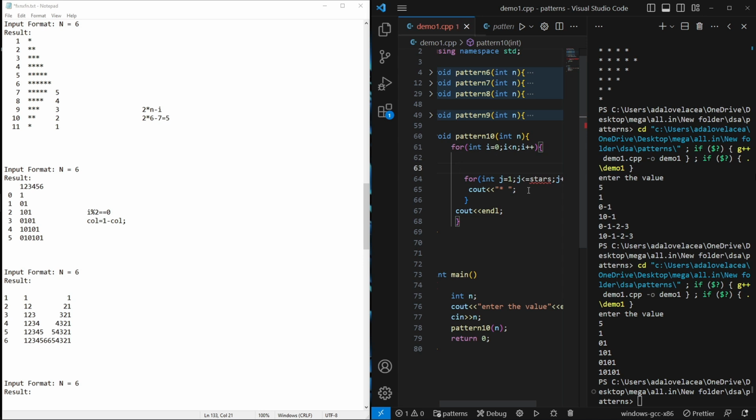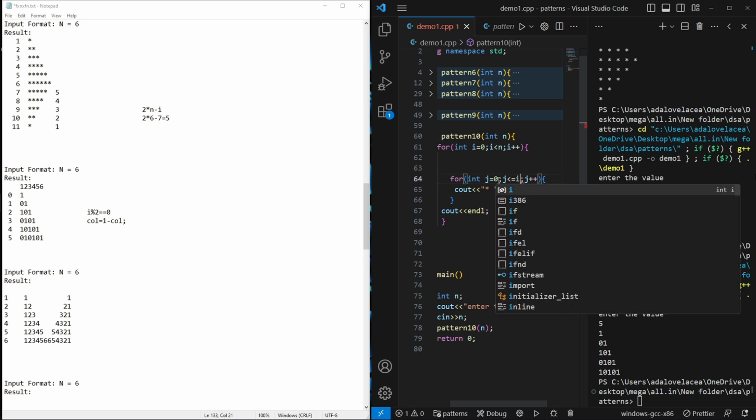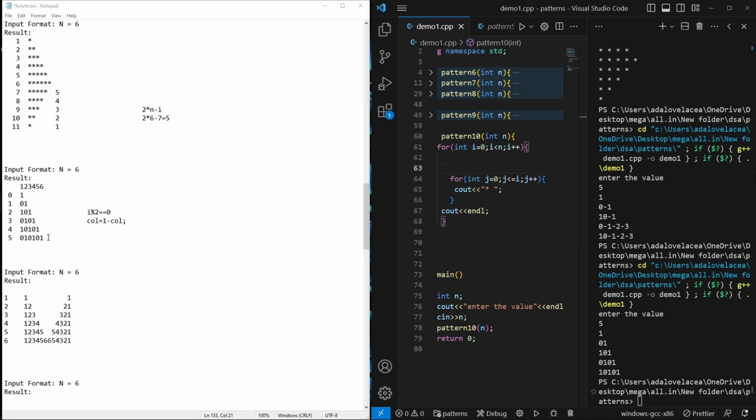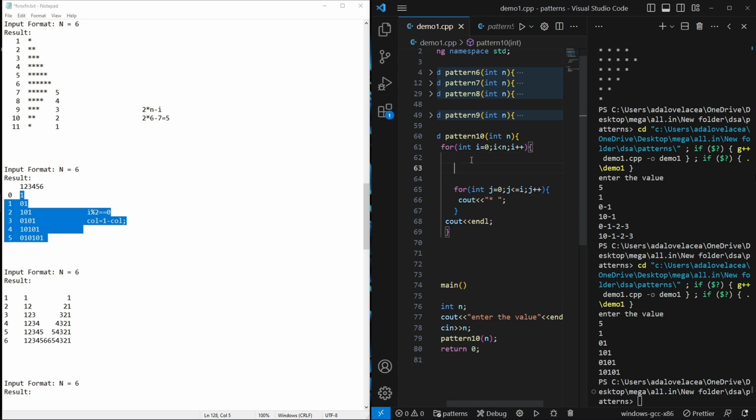Then we run our inner loop from j equals 0 till j equals i. If we run this code, we will get stars printing in a right angle triangle. After that,